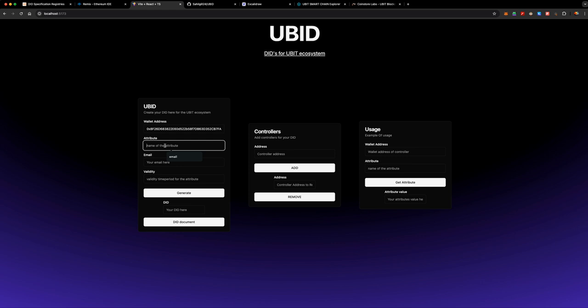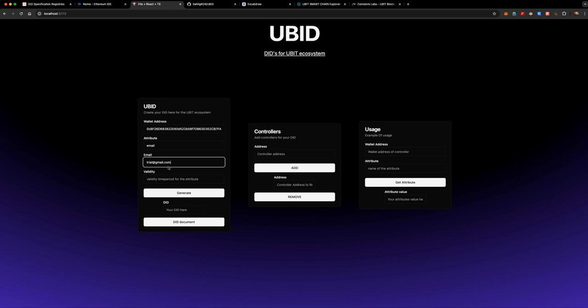If you have read the explanation about DIDs, I will also explain further. Attributes are the data that you want to link with your DID. For example, I can want my credit card information. Like, for the UBIT ecosystem, I could want the UBIT card's data linked with my DID. Here I will show you the example of email, as that would be more than enough to show how it works. We can enter any email here. So let us enter